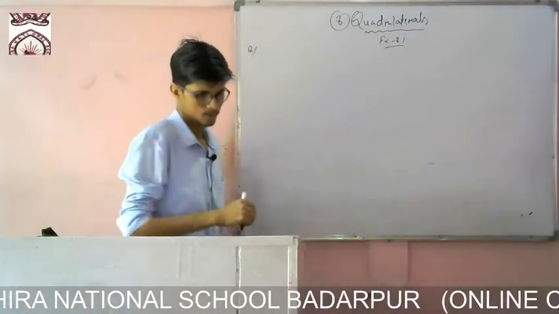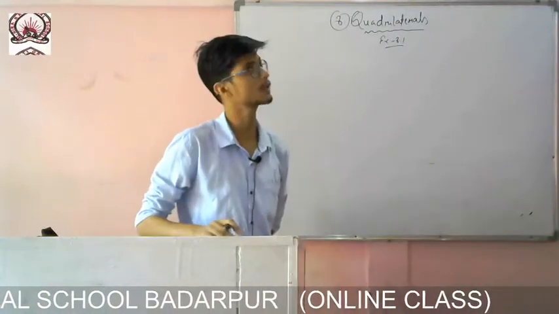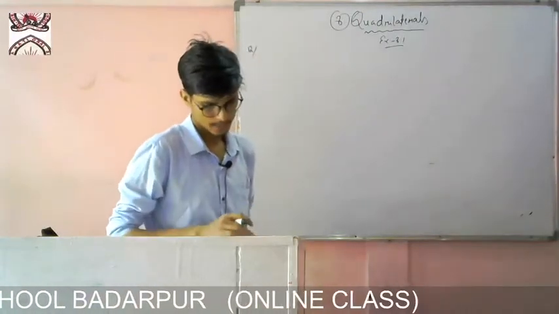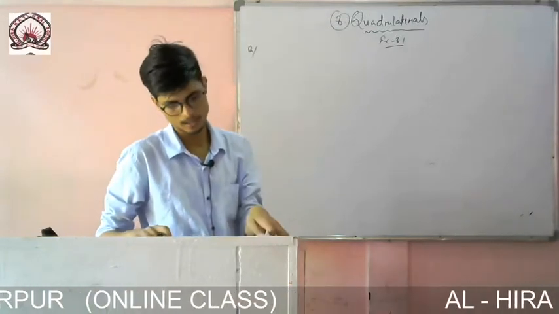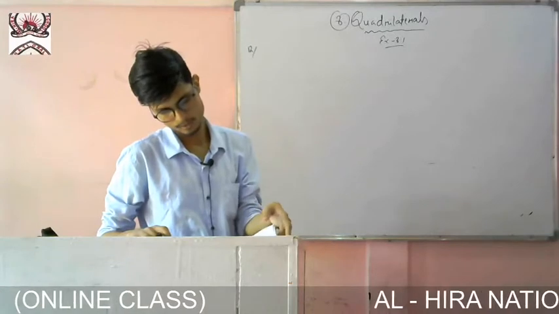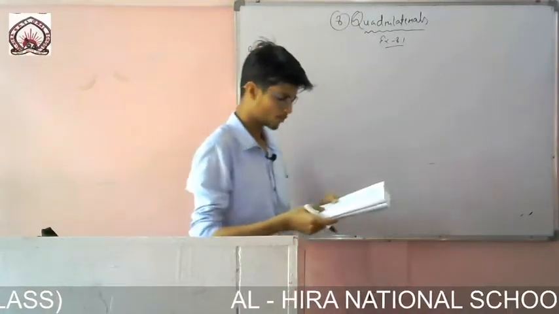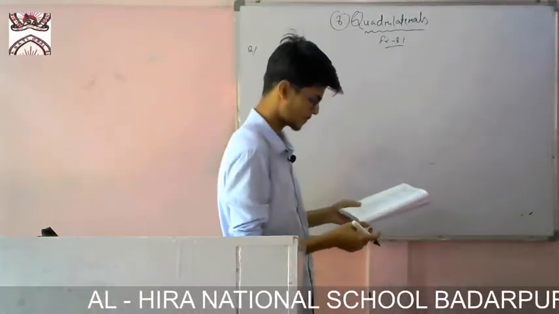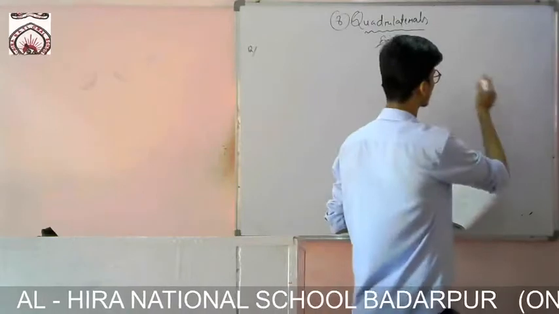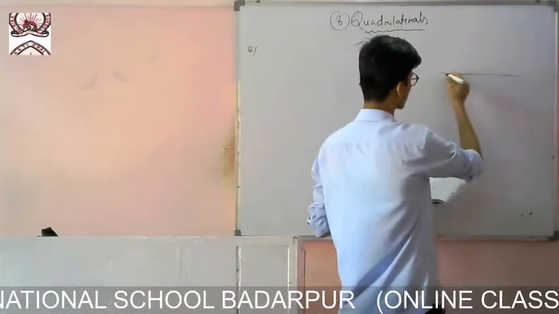Question number 12: ABCD is a trapezium in which AB is parallel to CD and AD is equal to BC. You have to show that these angles are equal for the first two, for the third you have to show that the triangles are similar, and for Roman number 4 you have to show that diagonal AC is equal to diagonal BD. Only the first one, Roman number 1, is a little confusing, but the others you can solve very easily. You see the figure.